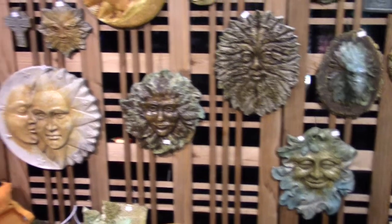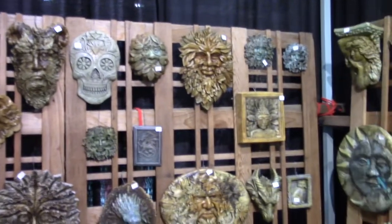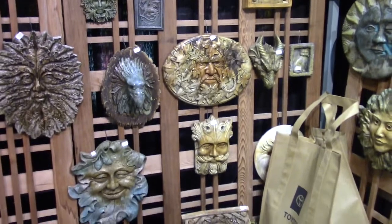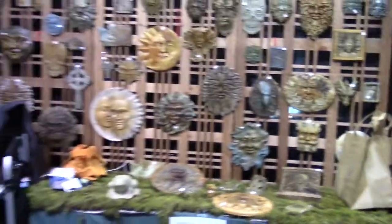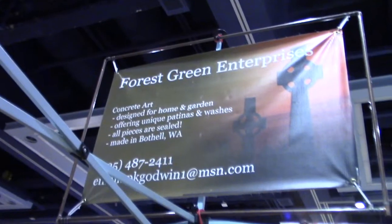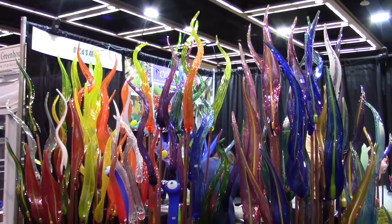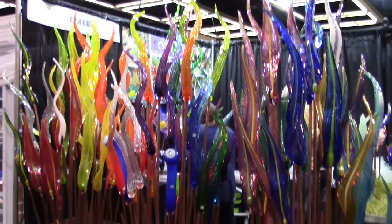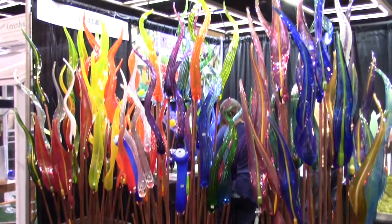Just some of the really cute ones, or interesting and dynamic ones that they have here are located at Forest Green Enterprises. Now, blown glass is a big deal here in Washington because it is the home of